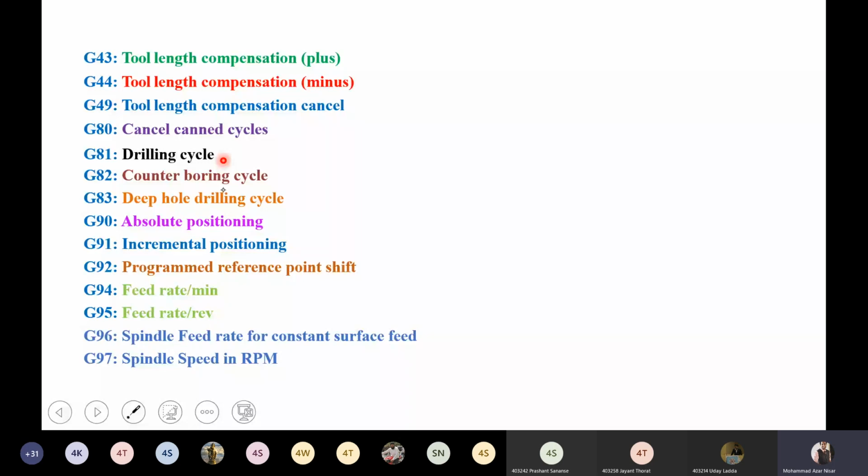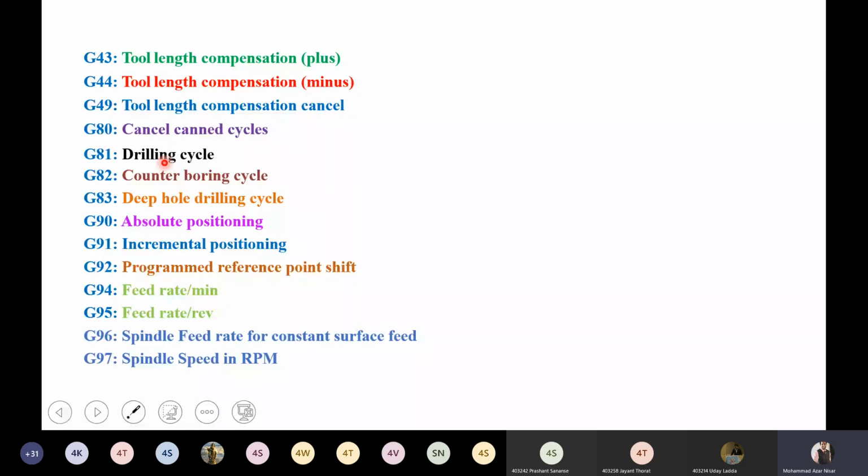We will directly see this program also, how drilling cycles are used. So CAN programming, subroutine programming, and the simple part programming, these three types of programming we are going to see in the next sessions.